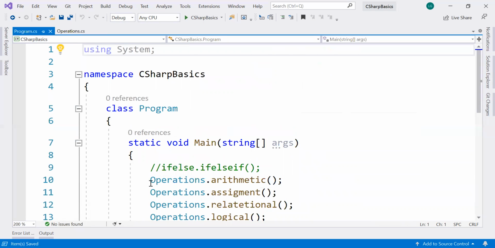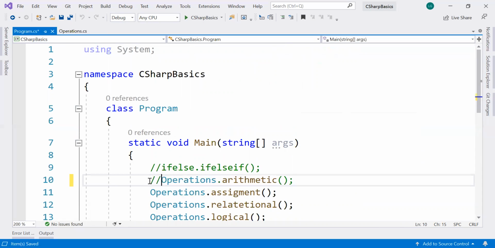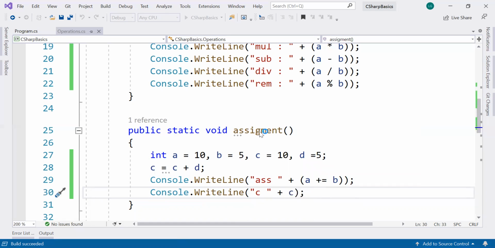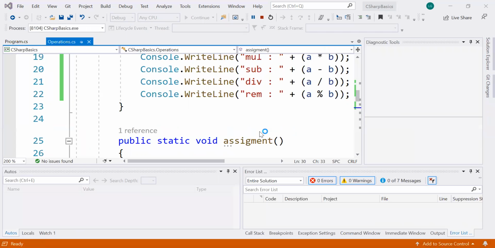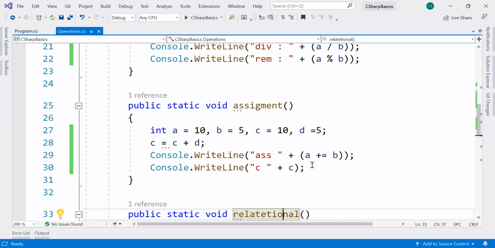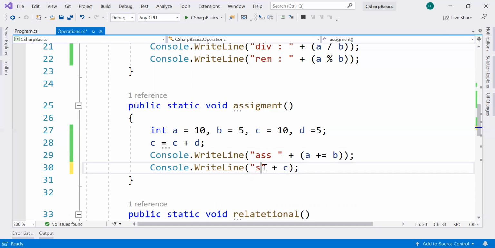For this program I'm going to do the arithmetic comment. See, a value is 15 and c value is 15. Like that it will increment the a value. If you are doing the minus also, it will do the minus. For that minus I'm going to display here subtraction 1.